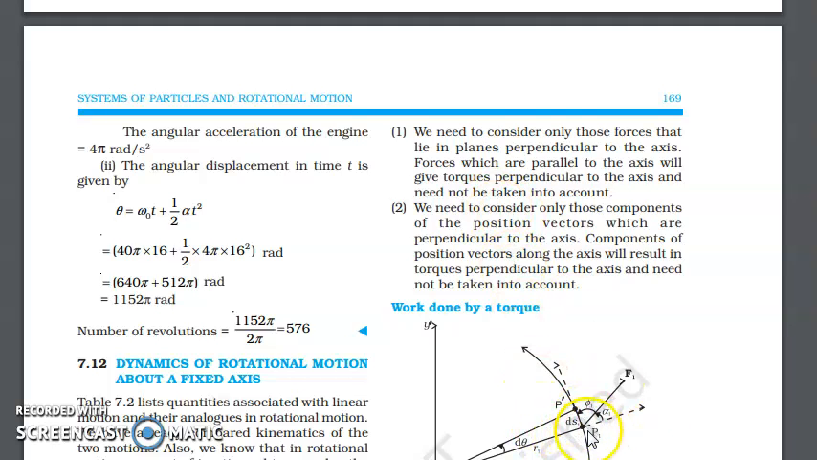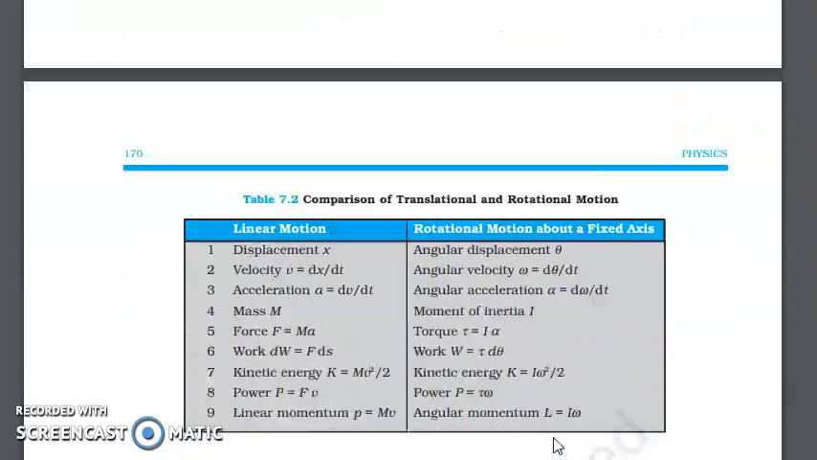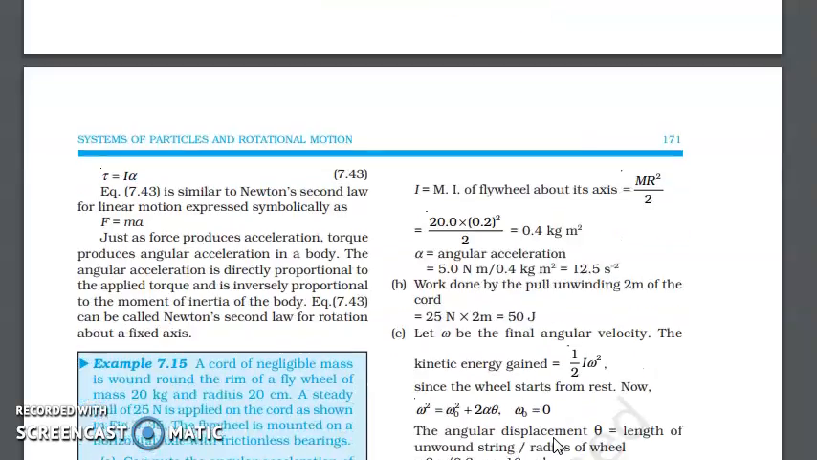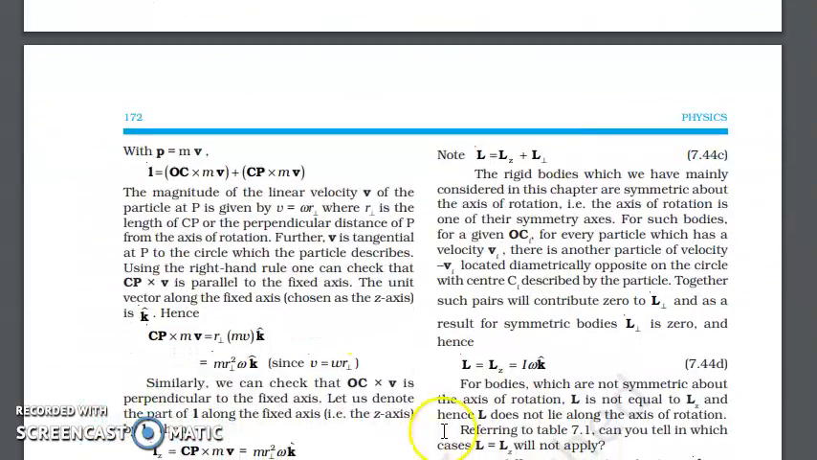This is P. The direction of v relative to the position vector at P will be tangential. Linear velocity is basically v, and we know that at any curve, how can we find out the linear velocity? By drawing a tangent at that particle. So, using the right hand thumb rule, we can see that CP cross v is parallel to the fixed axis,